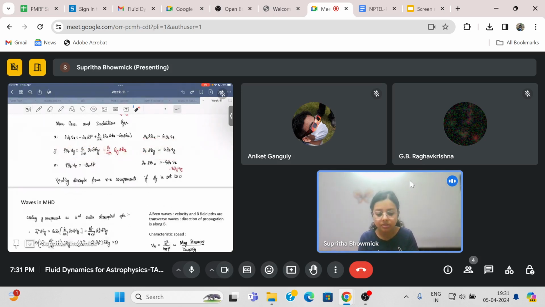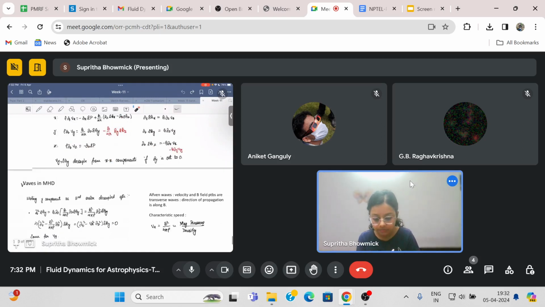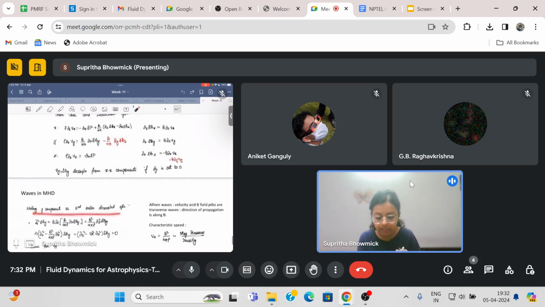In that case, if they do decouple, then you have this equation and this equation. These two equations are decoupled from the xz components, but they're coupled in the sense that Vy arises in the equation of delta By and so on. But then you can decouple this. You can decouple the equation for delta Vy and get a second order equation. How? If you want to write it as a second order decoupled equation, let's say you consider this equation.